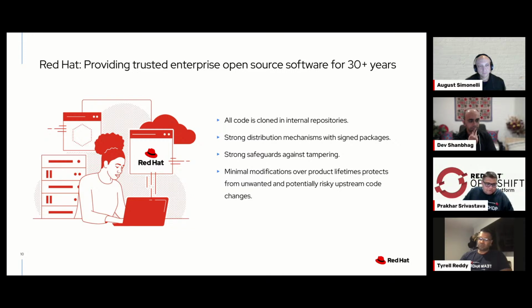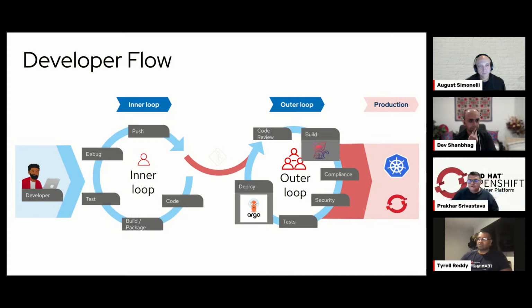Okay, so let's take you towards the stuff which we want to show you in the demo, which Tyrell is going to showcase. Before Tyrell starts, I just want to bring a few things in here. First is the developer flow. Developers always operate within two distinct cycles: the inner loop and the outer loop. Most of the magic happens in the inner loop, where coding, immediate testing, and debugging happen, and developers have their immediate feedback loop. Then we have the outer loop, which encompasses integration testing, deployment, and security monitoring in production.